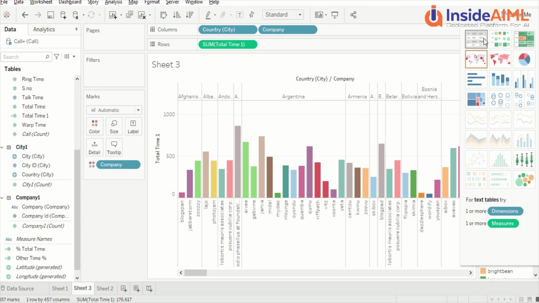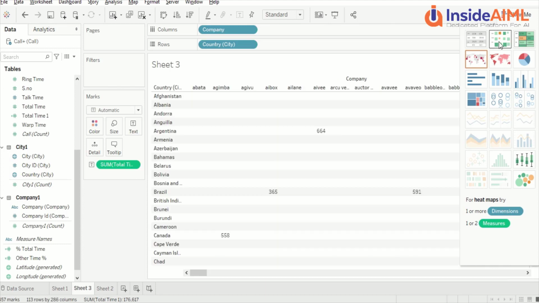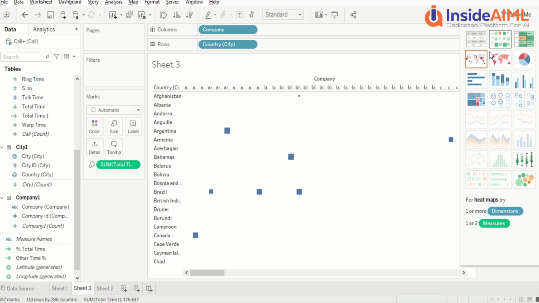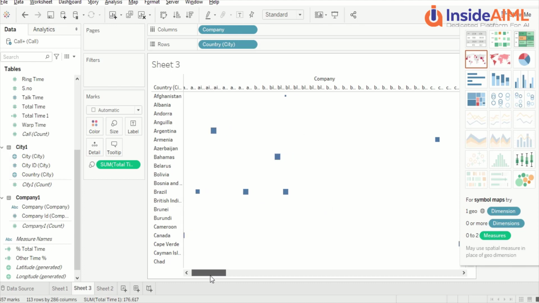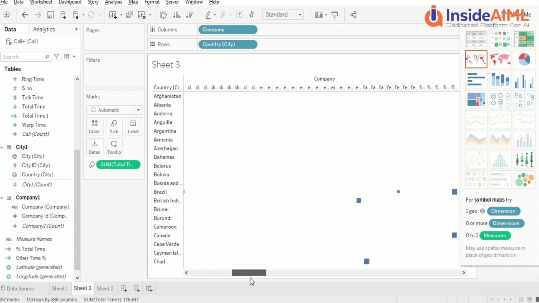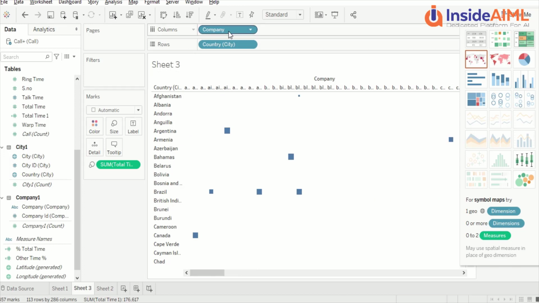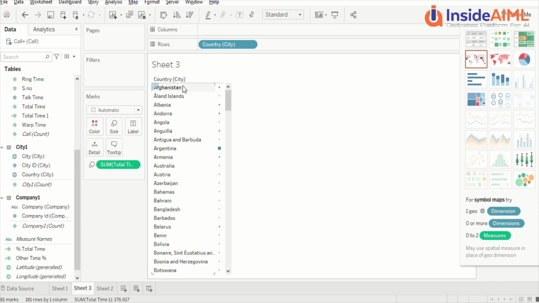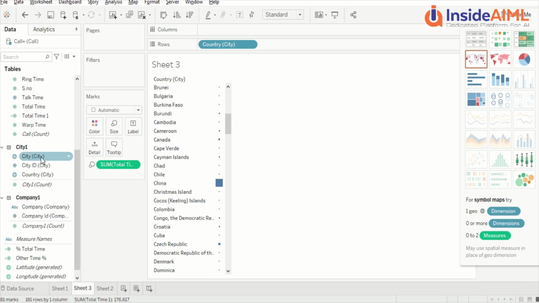Text by table we have already seen, I think this is very simple, and let's see this one. Now this is very similar to our matrix, but look at the sizes of this one. These sizes are basically varying because of this. So it is a tabular visual with bars of varying sizes. Now this might not be a great representation. Let's remove one of them and see if we can still get this visual. Now this visual looks much better in terms of the sizes we are looking at, and then we can actually have one more layer of data and use it.